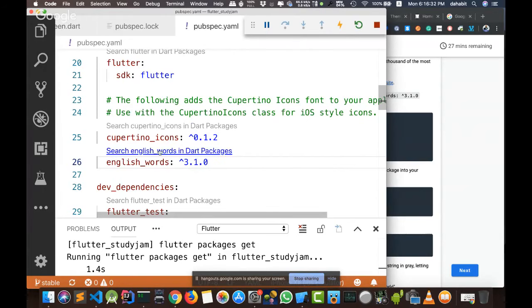As you can see here, there is an option or help from the editor. There is a package responsible for that. We'll talk about it later, that I can write any package name and when I press on this link, it will go to pub.dev. It's not updated yet with the new URL, but it will display the same result that I am getting.